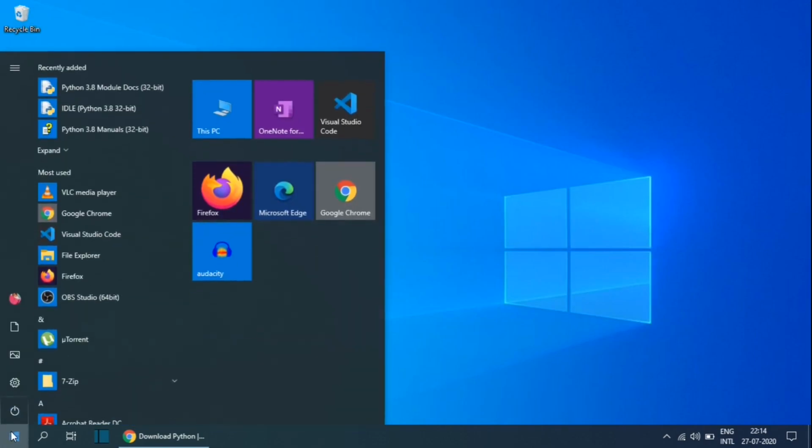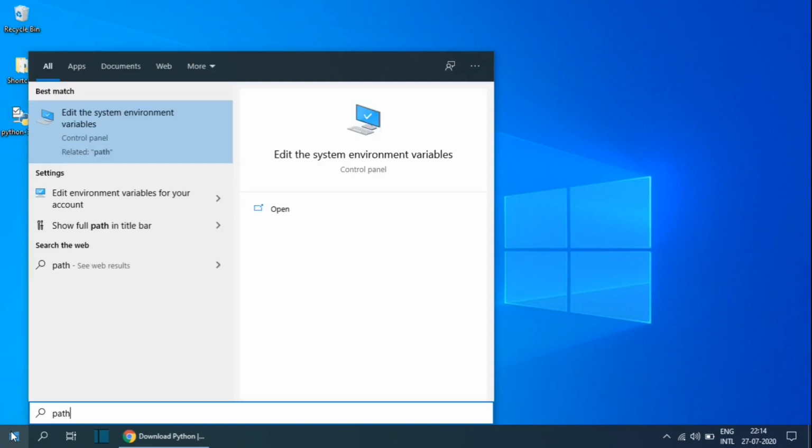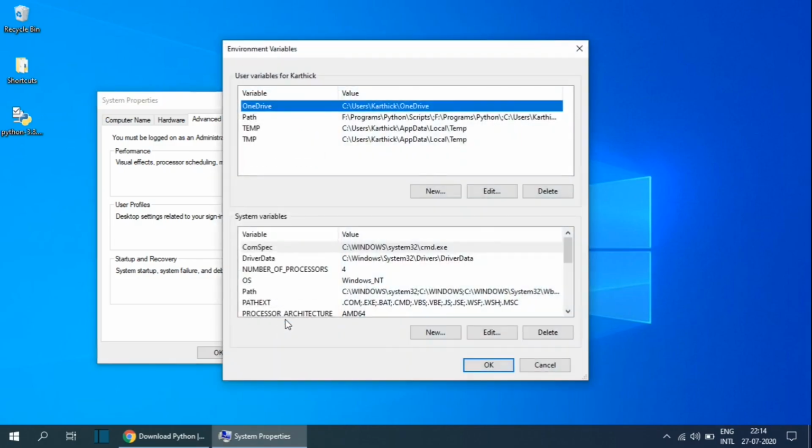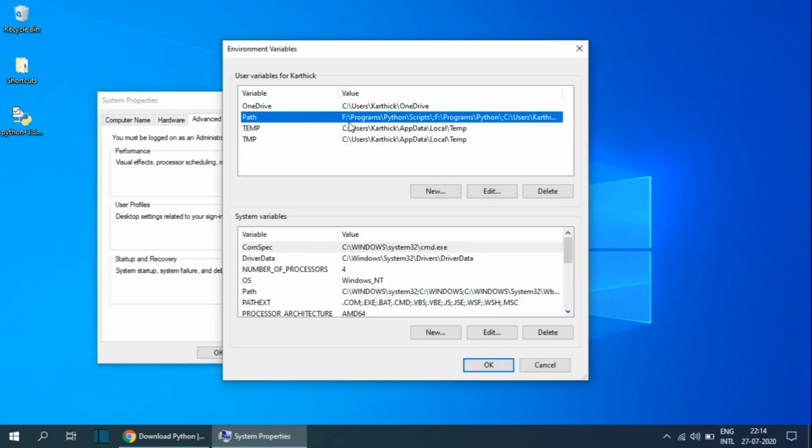Click on the Start menu and type Path. You will get an option to edit system environment variables. Select the same, click on Advanced tab, click on Environment Variables button. Check if the Python path is added in the system as highlighted here.